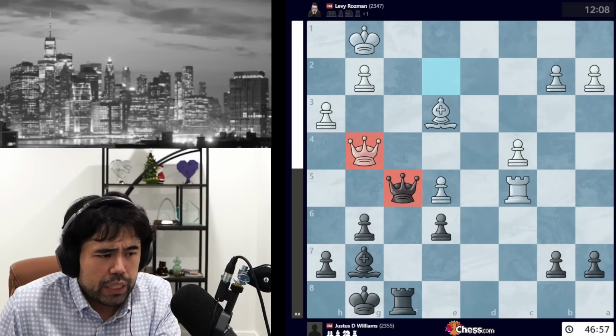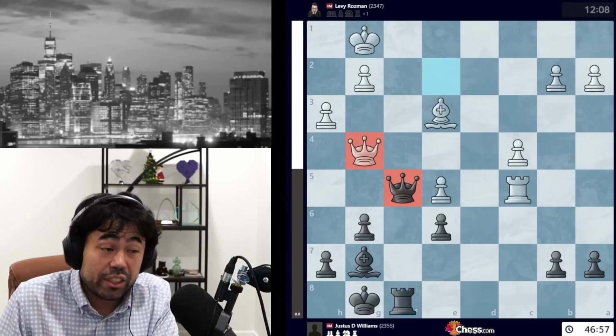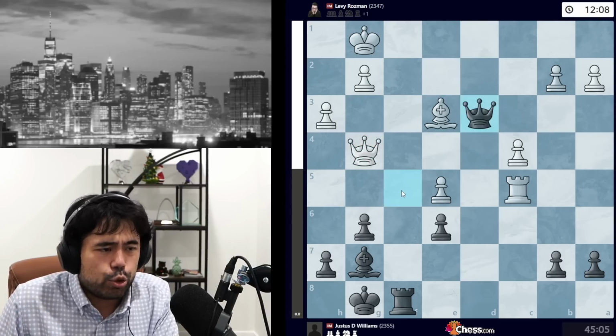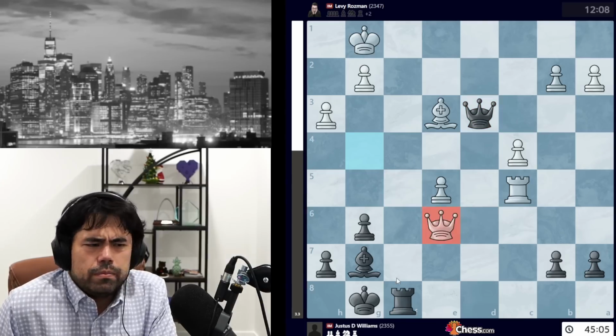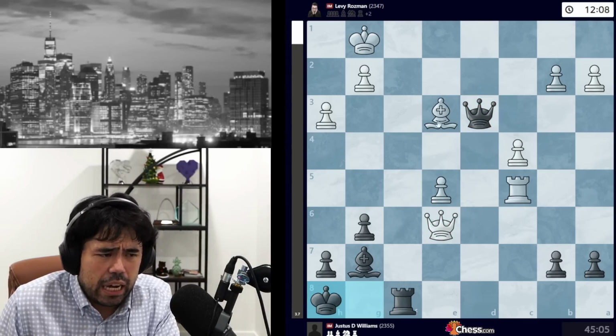trade off the queens. Justus plays queen d3, an excellent move here in this position, a move that he plays very quickly too, by the way, because here after queen d3 you might be thinking, well, wait, free pawn, check the king. But after king h8 here, white is actually losing the game, because now if you move the bishop